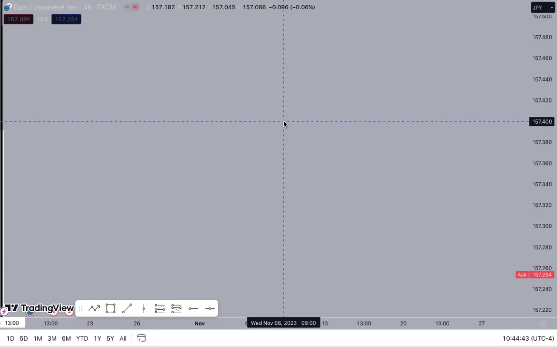Today I'm going to be showing you how I personally get support and resistance and highs and lows on different time frames. It was really a big problem for me when I started getting my support and resistance right. So I decided to allocate every support or every resistance to a particular time frame so I don't get faked